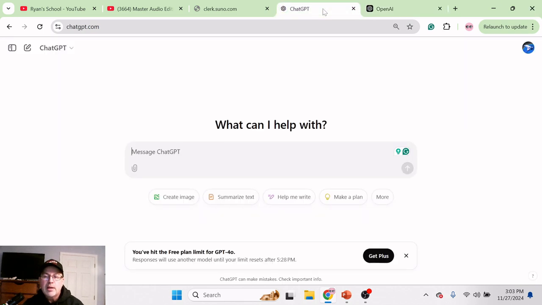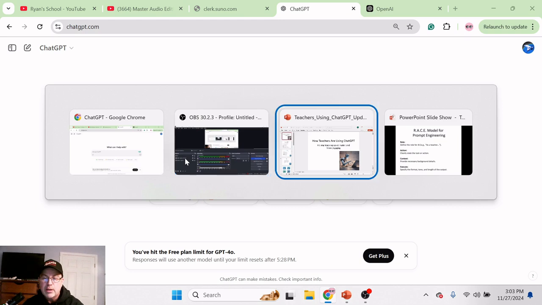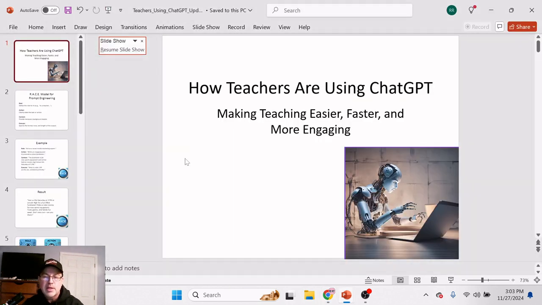Once you've got an account set up, there will be a message board where you can just talk to this large language model. Now, what I'm going to be showing you is what you can use this for as a teacher, as a school administrator, or anyone who's interested in using AI to accomplish a variety of different tasks. It is available, and I think you'll be truly astonished at some of the things that it can do. So let's get started here. I have a short presentation with some slides,